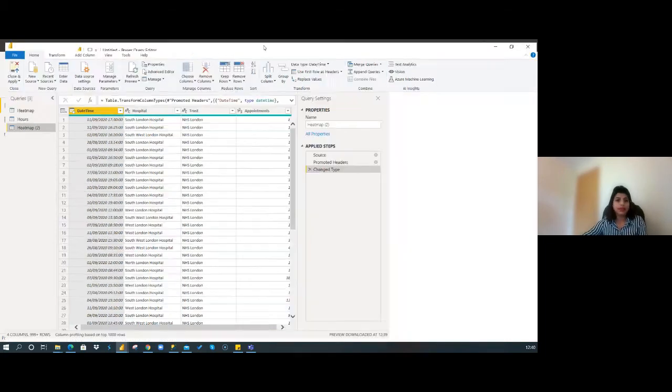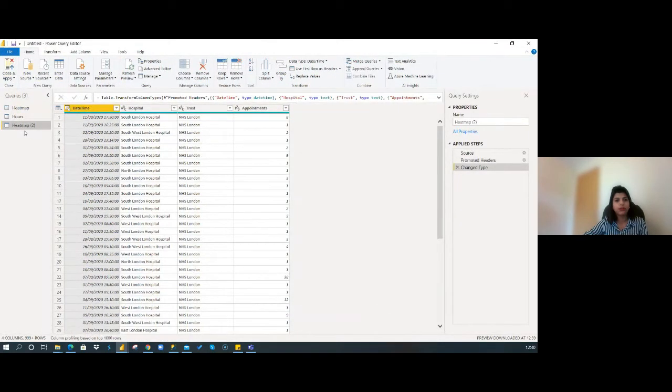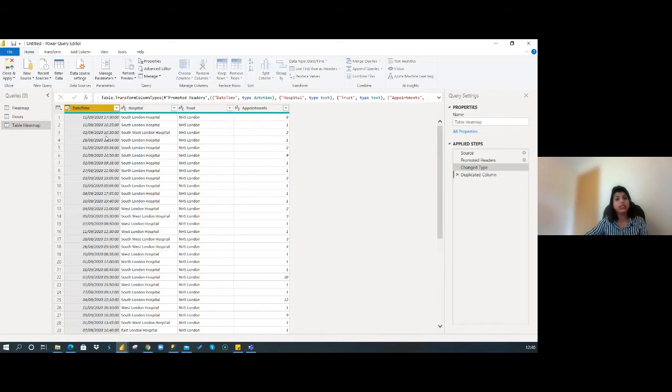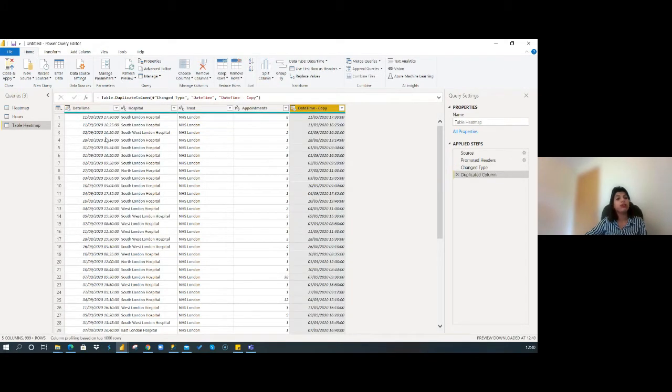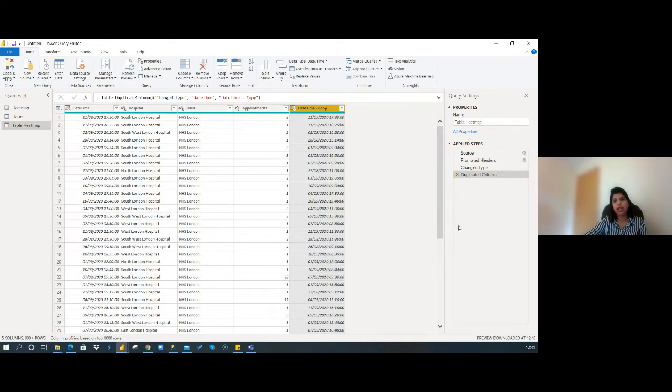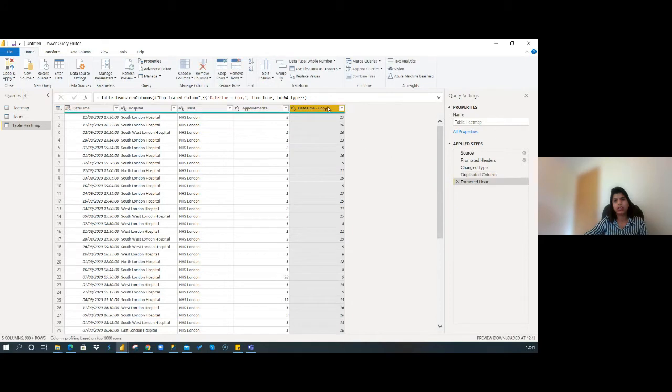Okay, so I'm going to duplicate the date column. I want to extract hours because we are going to do a day hour heat map. So we go to transform and extract hour from the date time, and then I'm going to quickly rename this to hours.